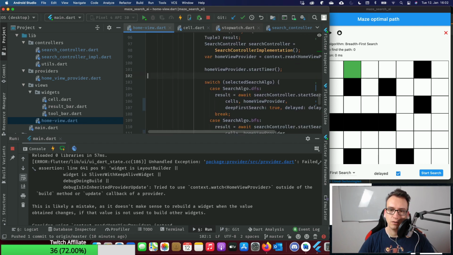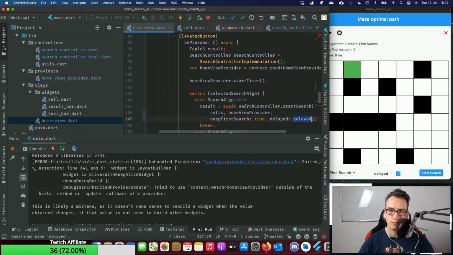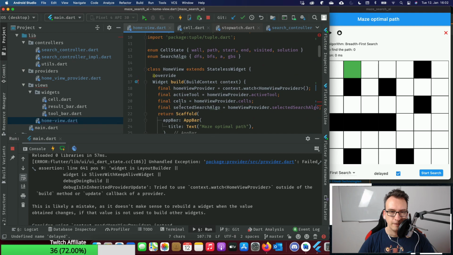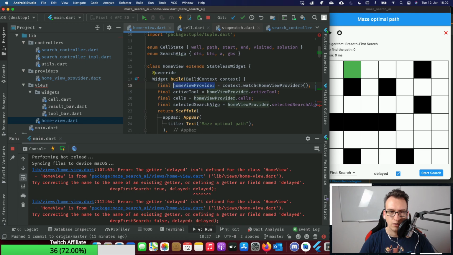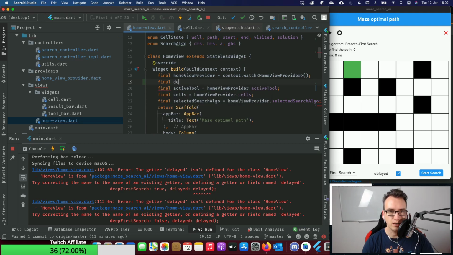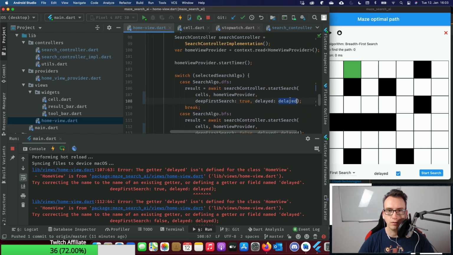How can I do that? What we could do is use it here. We get our watch. Why do we... No, wait, that means I could use final, for example, delayed, and say home view provider dot delayed, and get this value down to the bottom where we actually executed, and then we get that.